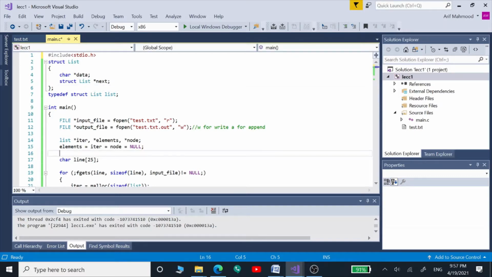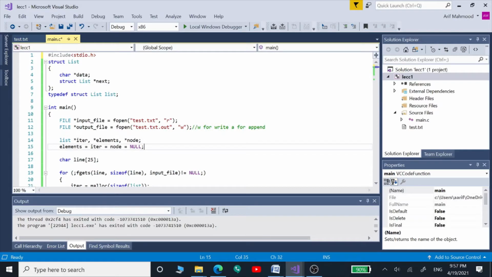After that, in the main program, we have given our program the input file name, and on this line we have given our program the output file name. And after that we have defined the nodes of our list.